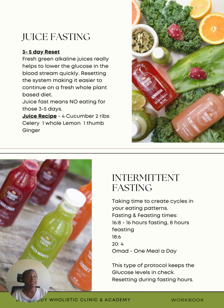All right. The next thing is fasting. This is where you want to get that excess glucose out of your bloodstream. You've been working out, you think you're eating right, and you're still having this problem. Juice fasting on green juices is very helpful. 3 to 5 days, no eating, and I put a recipe for one of our basic alkalizing green juices in there that will really help to bring the blood sugars out of your bloodstream within 72 hours. You can bring it right down, use it all up, and then you start on your path